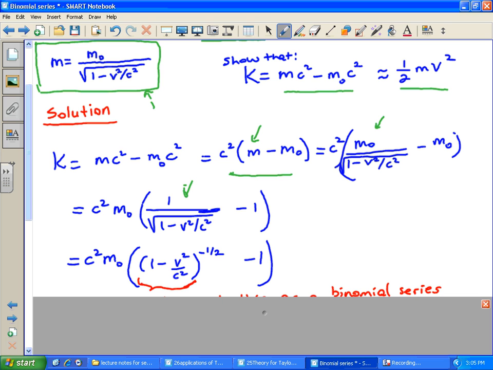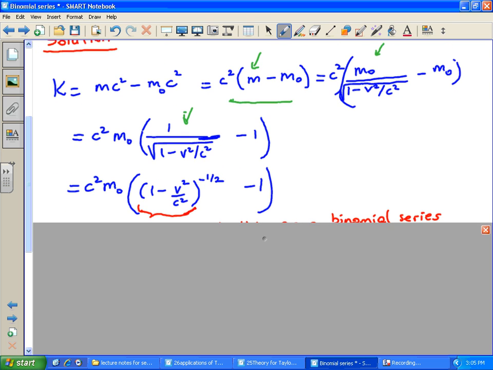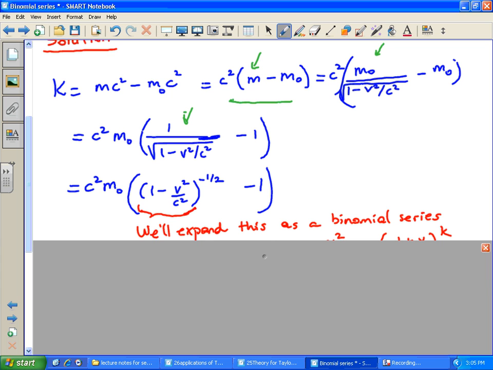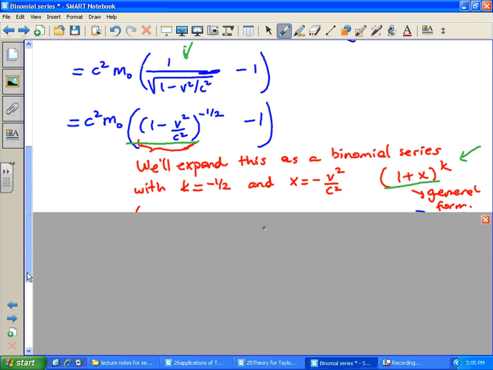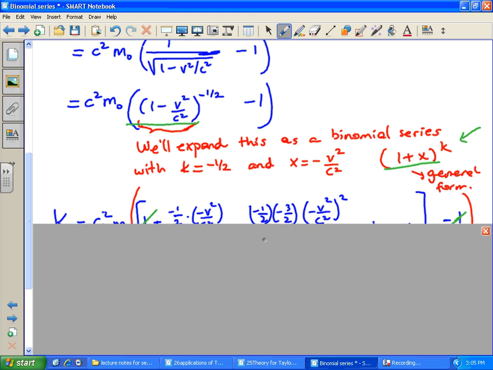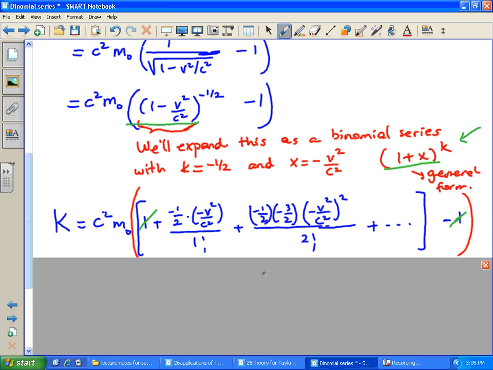Okay, that is the part where we're going to use the binomial series, because that can be resembled to 1 plus x to the k. Think about, what is our k? The power, which is negative a half. Think about what is our x here, because the typical format is 1 plus x. So over here, our x will be negative v squared over c squared. So we're going to expand this using the binomial series. I will leave c squared times m sub 0 right where it is. That was already there. For this quantity here, we're going to go ahead and plug in the